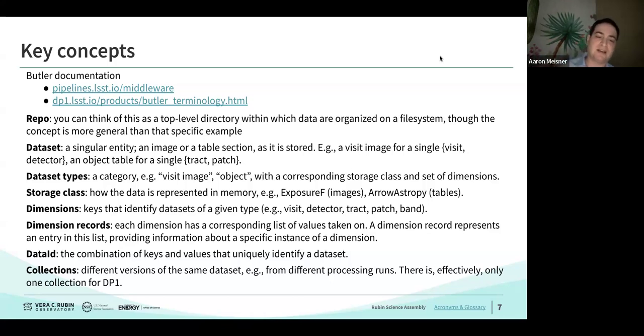As I mentioned, the storage class is how the data is represented in memory. For images, you'll commonly see within DP1 and the LSST pipelines in general that there's a class called ExposureF, which holds the images. You can think of this as a representation of the data that includes not only the pixels of the image, but also ways of including useful metadata, like the WCS. And then for tables, the storage class is something called ArrowAstropy,